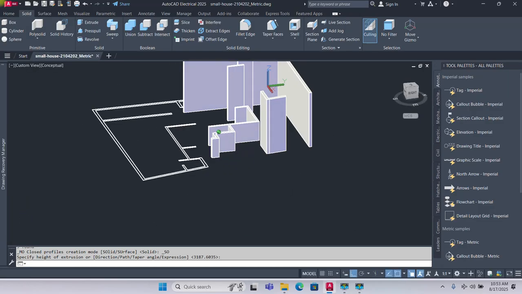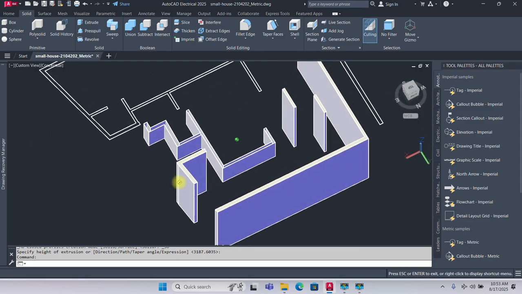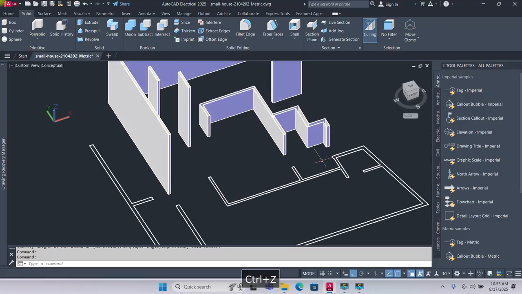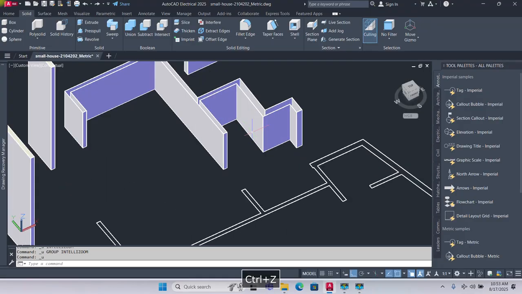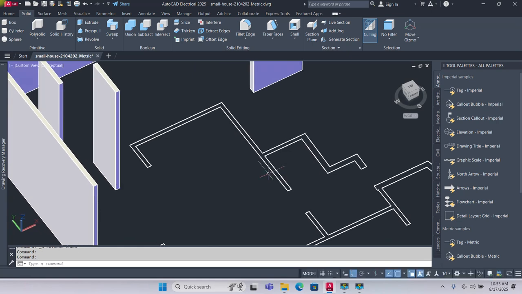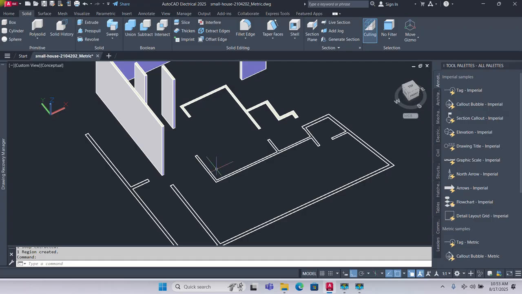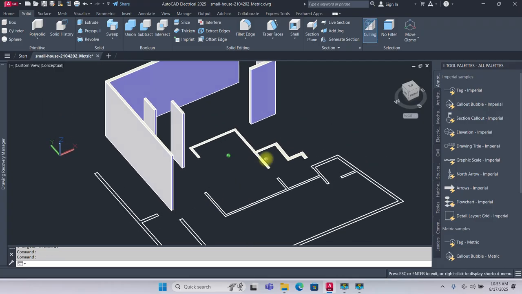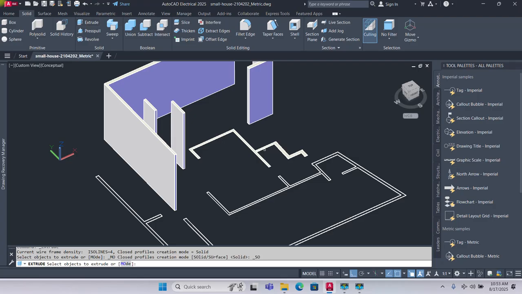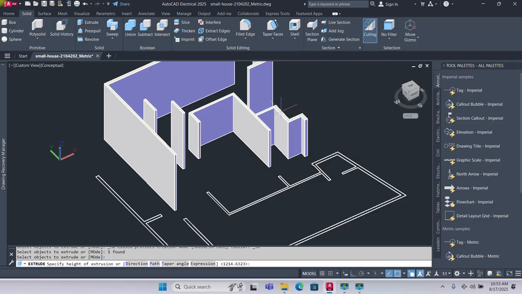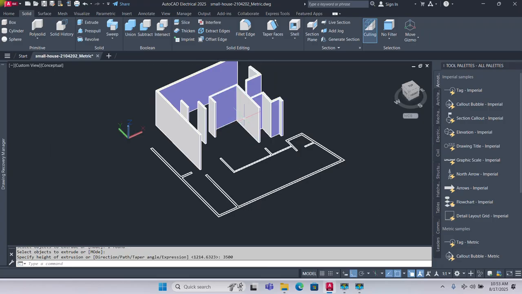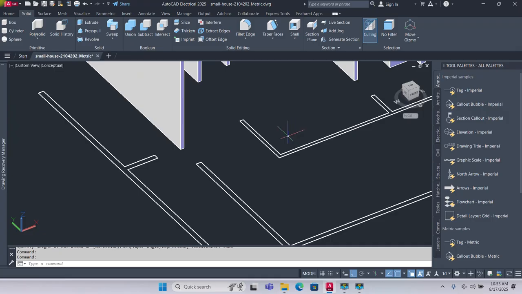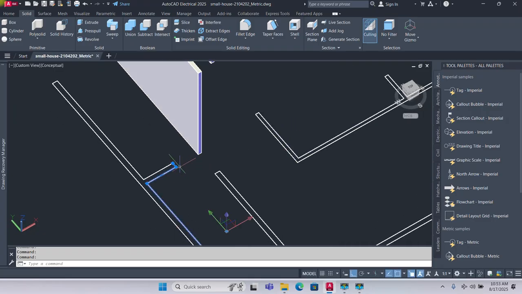So let's also check here. Okay, so I'm going to undo this. And let's see if region will work here now. Region, select here. Now region works because we've corrected that. So that means we also have a problem that we need to sort. So let's just run our extrude on that region, press enter, and then this will be 3500. You see that we've done all of this now, and I'll have to also still come right here and see what is happening,